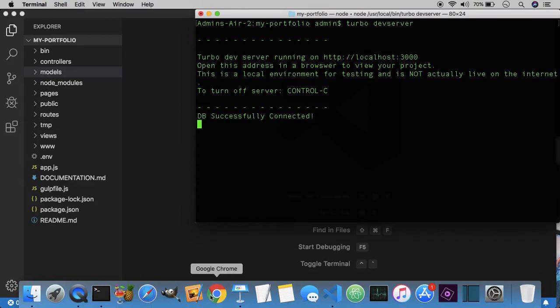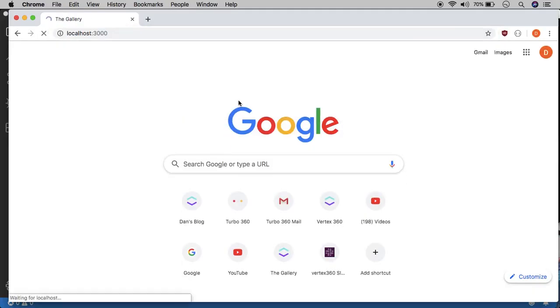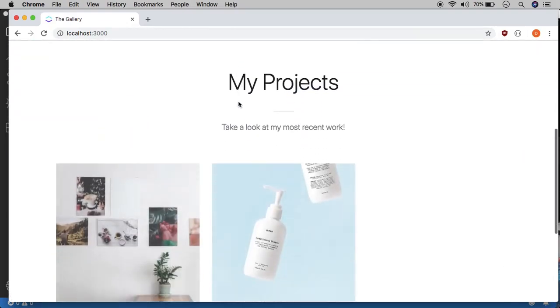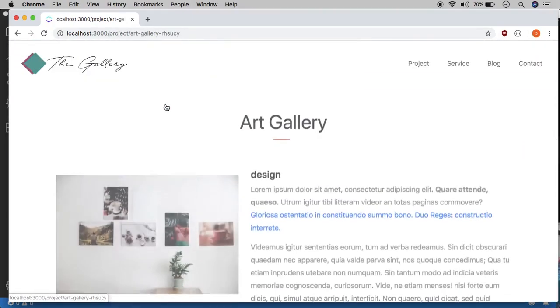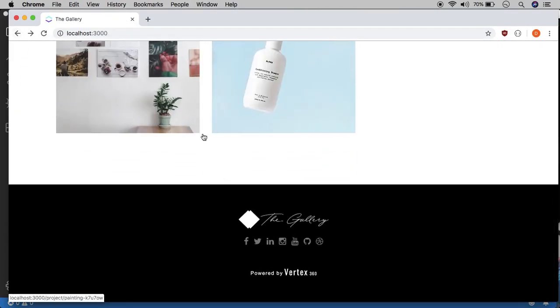And let's head over to localhost and make sure everything still works properly. And let's click on the project, and it looks good. So what we're going to do next is fill this out a little bit more. We're going to add a few more blocks that come pre-installed, and then we're going to add a contact submission